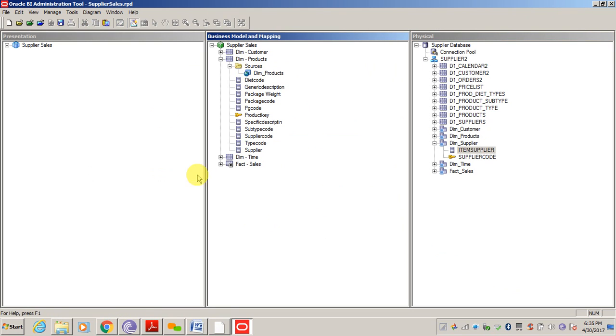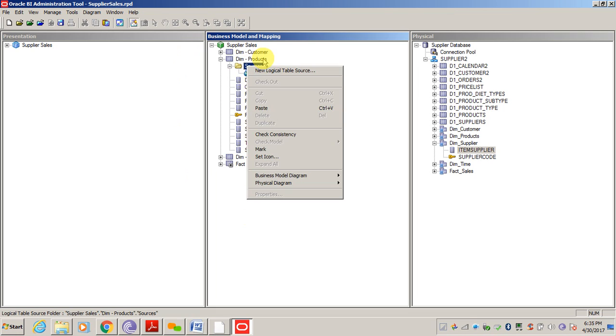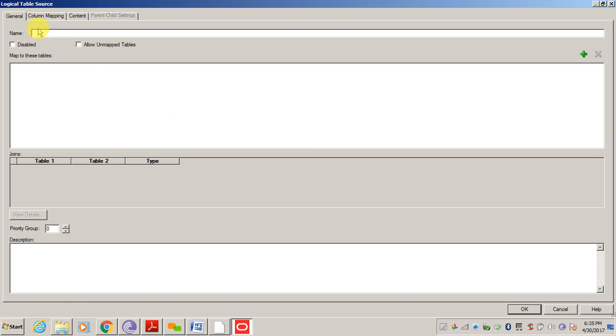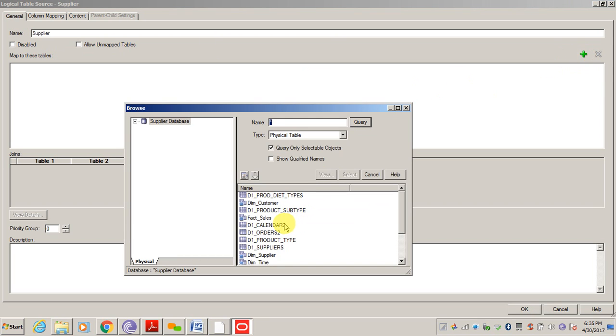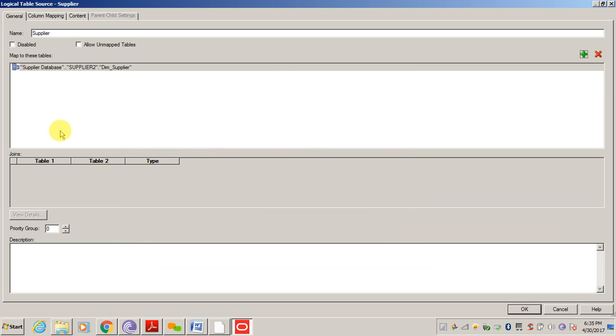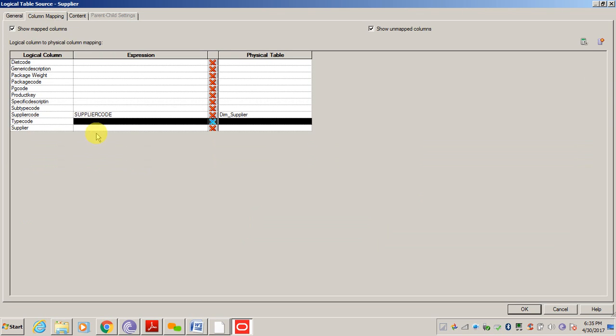Okay, let me put it this way. On top of sources I can just create one more logical table source, say that supplier, and I can add the physical sources from where I need this value. Dim supplier, click on select, and from the column mapping I can say